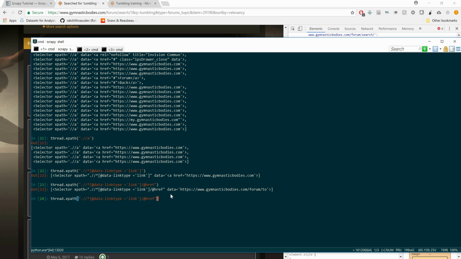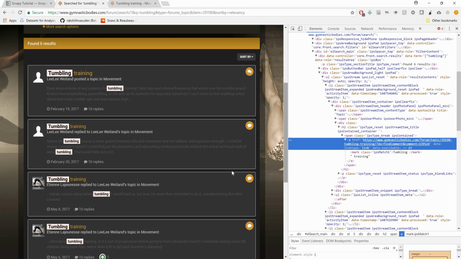So if you get the href parameter, all you have to do is just hit extract first, so it gives us the direct link over here. Perfect. And interestingly enough, we are getting the absolute link, right? So far so good. I don't see a problem with getting an absolute link, but somehow the developers of the site have made it mandatory, and you already know it's not all that great a programming practice to hard code the absolute link. But however, it's not